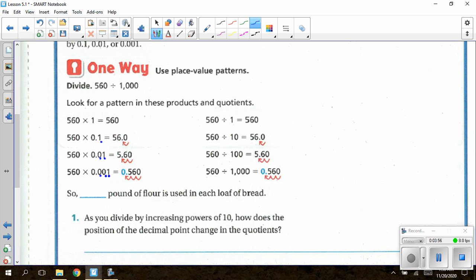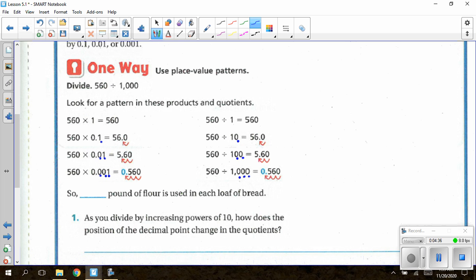So when I take 560 divided by 1, that's obviously 560. 560 divided by 10, my 10 has 1 zero in it, so that does tell me to swoop once to the left. All dividing powers of 10 are swooping to the left. So when I take 560 divided by 100, 2 zeros in 100, so I had 2 swoops to the left to again get that 5.60. And then 560 divided by 1,000, 3 zeros are in 1,000, so therefore 3 swoops to the left to get your